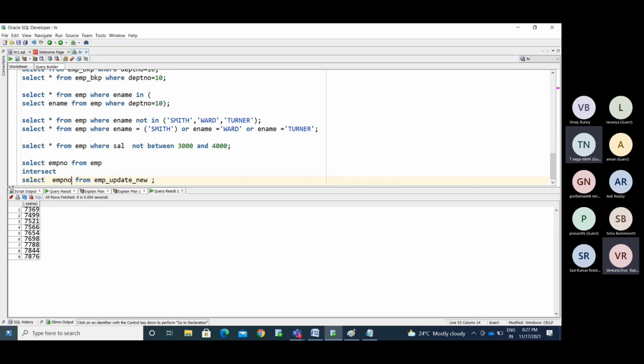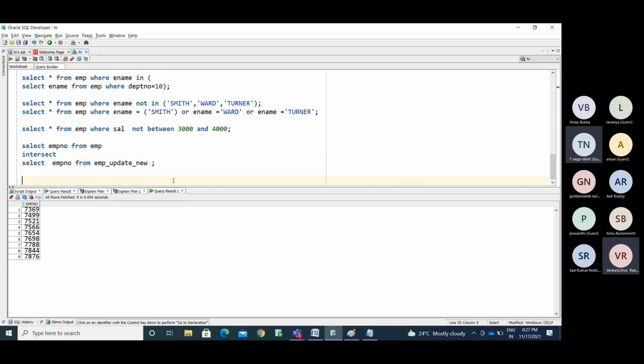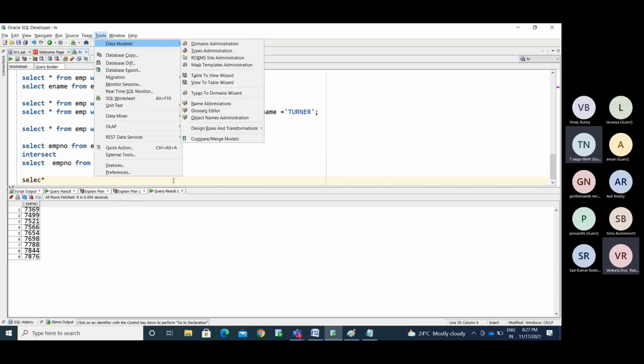Set operators will help you, usually, if I want to find the distinct records. So now I'm inserting some duplicate records.